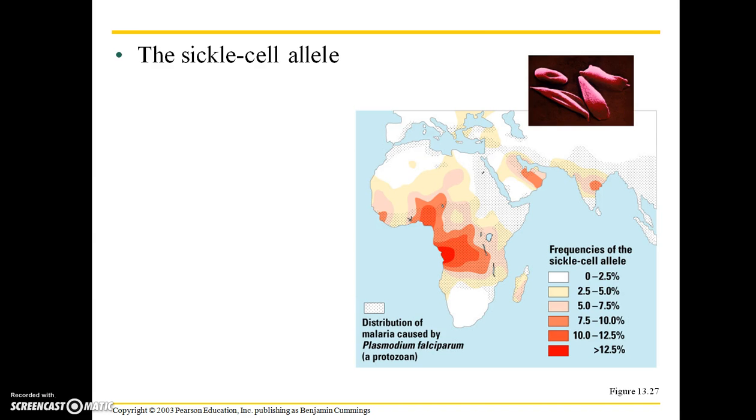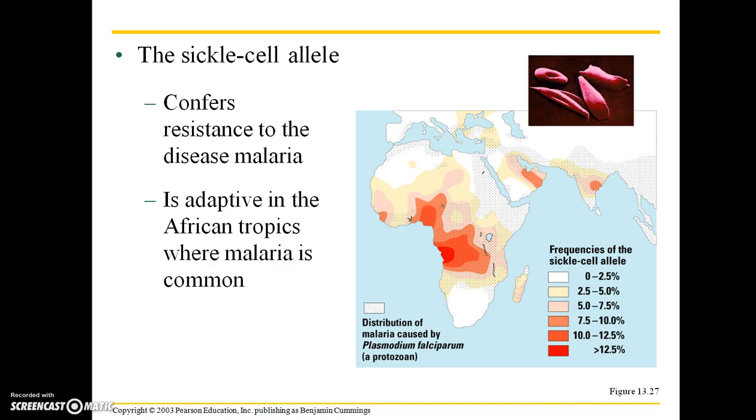Well, this is because a sickle cell allele can actually be an advantage in regions where mosquitoes are common and they carry malaria. So the sickle cell allele actually also confers resistance to the disease malaria, and it's adaptive in the African tropics